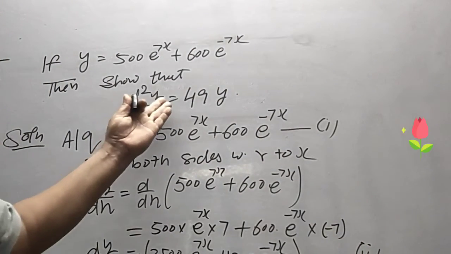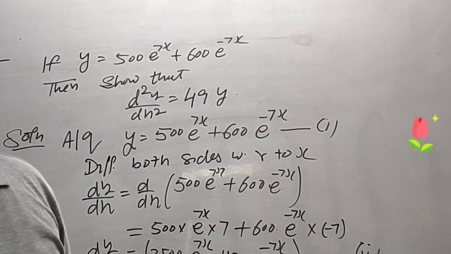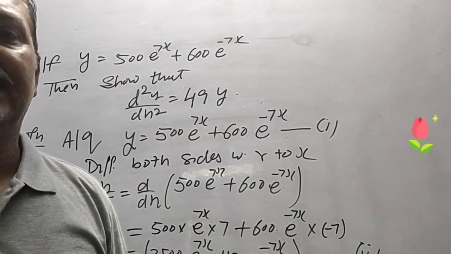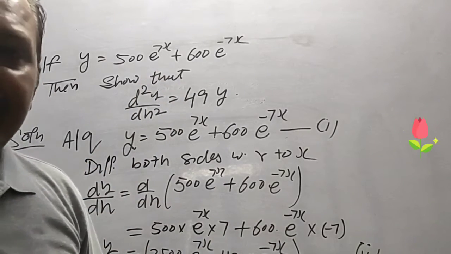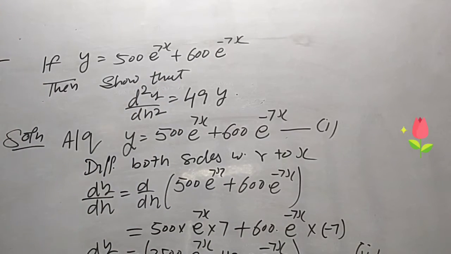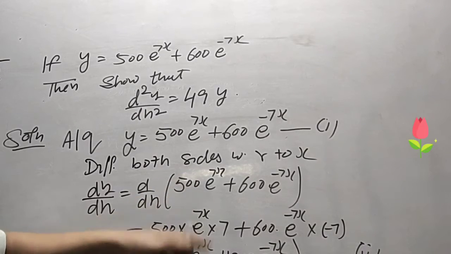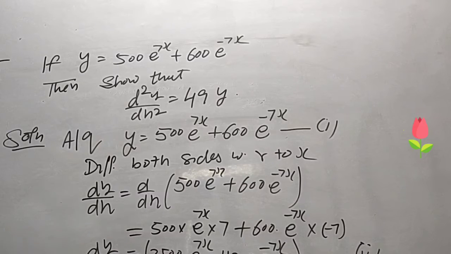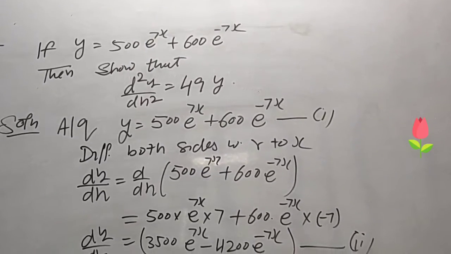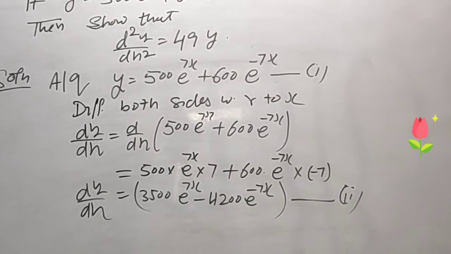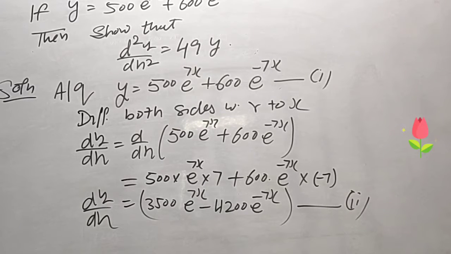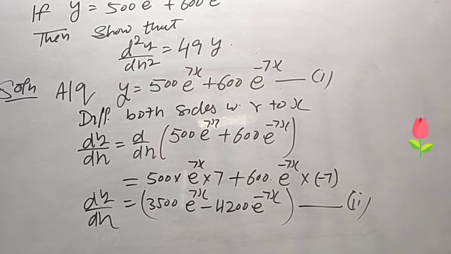But in this question we need second order derivative. Now again differentiating both sides of equation number 2 with respect to x, then we will find d2y upon dx square, and then by calculation we will get its value 49y. Now again differentiating both sides of equation number 2 with respect to x, we will get d2y upon dx square is equal to 3500 outside and